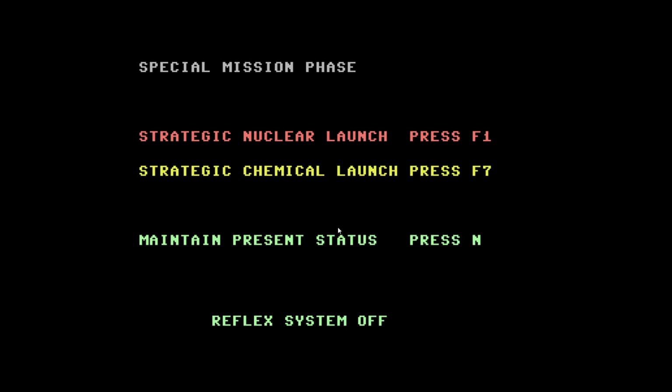Now we get into some really interesting stuff here. We can actually start launching our nuclear weapons now, so we might want to think about doing that. We can also launch a chemical weapons attack. It would be fun to launch a nuclear weapon, wouldn't it? Just